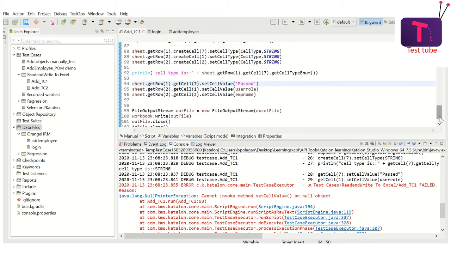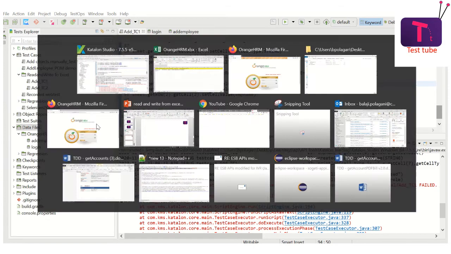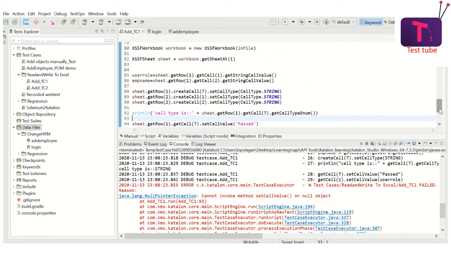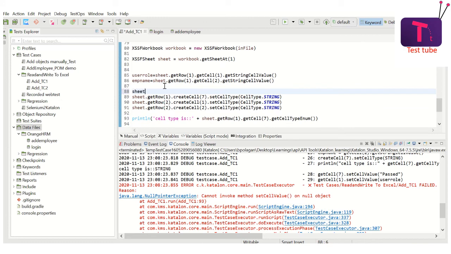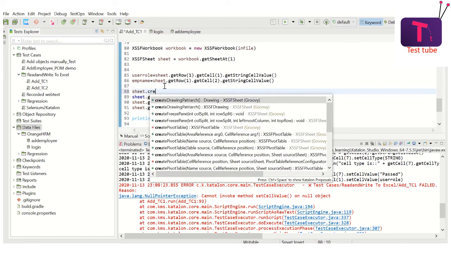In our case, these rows are actually created already because they are containing some values. But this row is not yet created, this row is not yet created, this row is also not yet created. So if you want to write something into row 3, first you have to create the row, and then using that row create the cell. So for example, if I wanted to create a row 3, I have to do this sheet and create